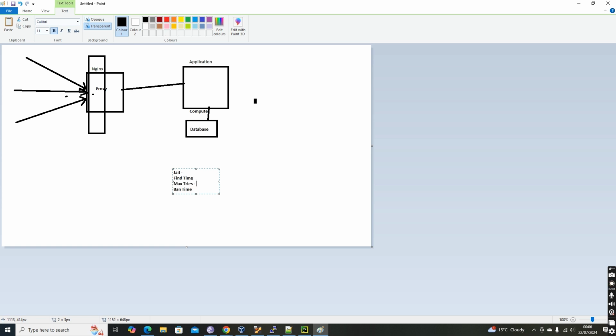Basically, there are max tries allowed, let's say 10. Within 10 minutes or 5 minutes, I'll allow it. So the jail is maybe authentication error. In the jail we'll configure a condition to identify an authentication error, and if